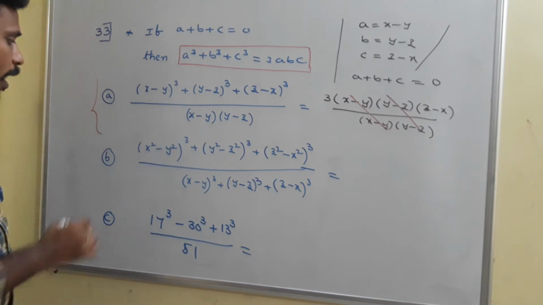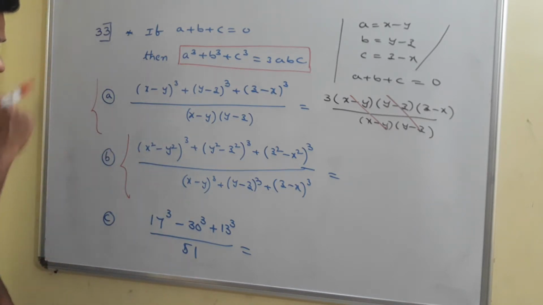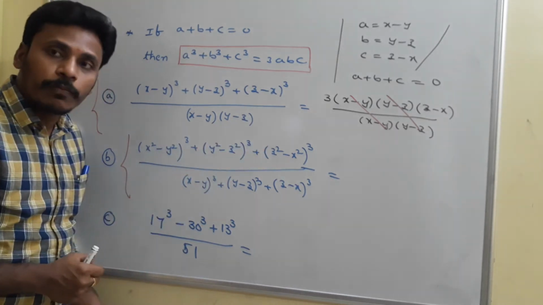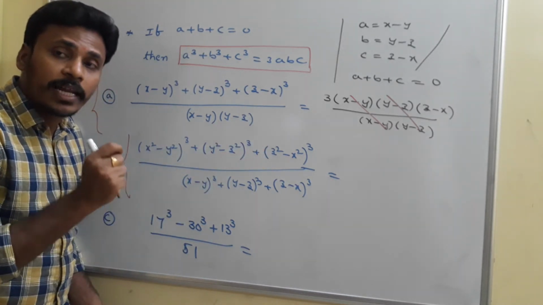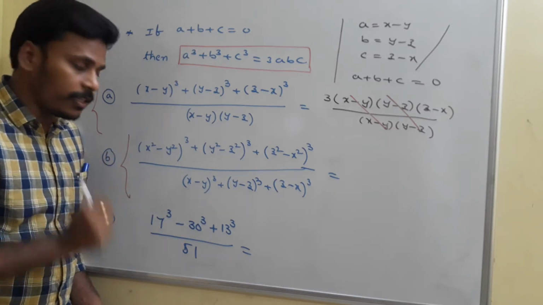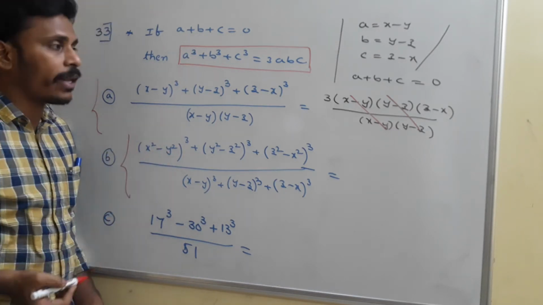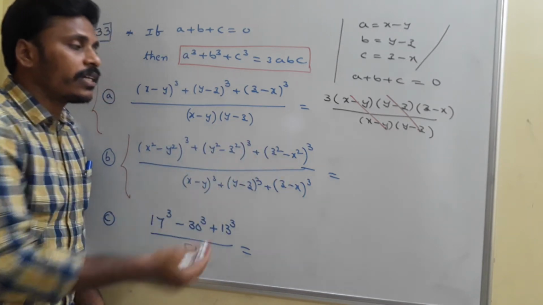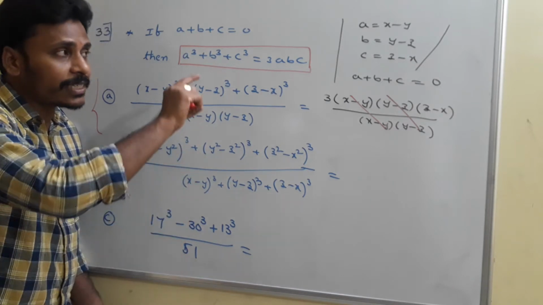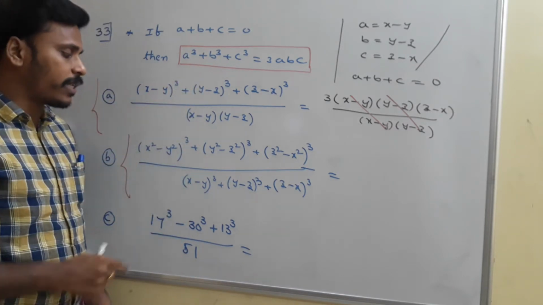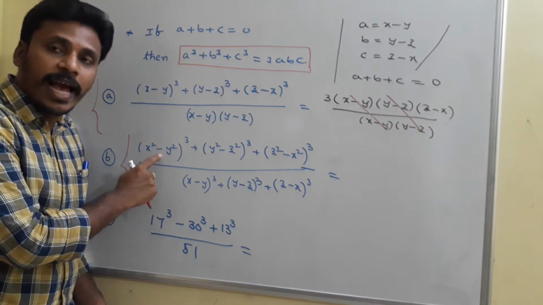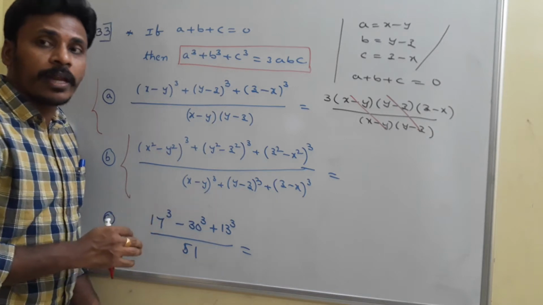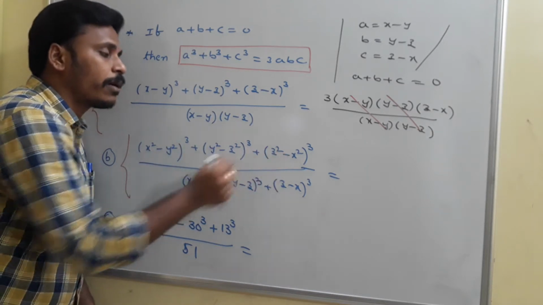Is it clear? Coming to the b part, again just think about it. Something cube and something cube. Pay your attention to the bases like a, b, c. Here the base is what? x square minus y square. Here it is y square minus z square. Here it is z square minus x square, symmetrical, just like x minus y, y minus z, z minus x. Here you need to treat a, b, c as x square minus y square, y square minus z square, z square minus x square for the numerator. Here again the sum of these three numbers is 0.